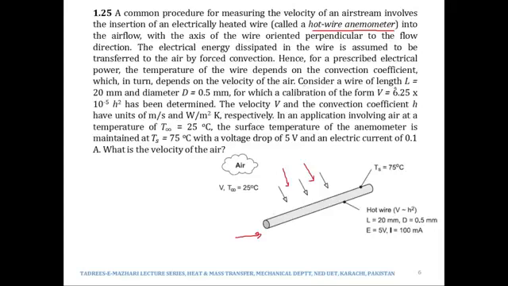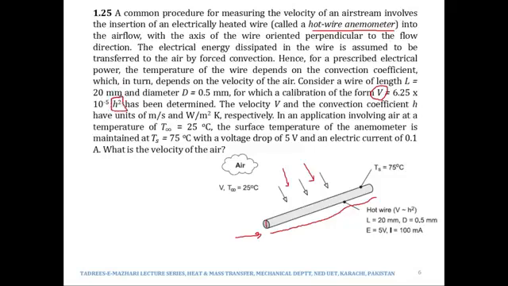Now it says consider a wire of length L equal to 20 millimeters. So this complete length of the wire is in fact 20 millimeters, and diameter 0.5 millimeters, for which a calibration of the form V = 6.25 × 10^-5 h^2 has been determined. So this is an expression using which the air velocity would be calculated with the help of the value of the